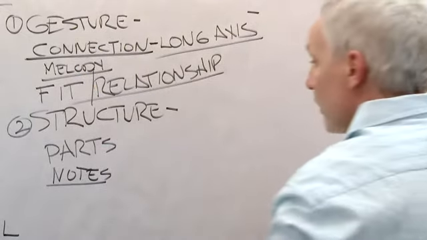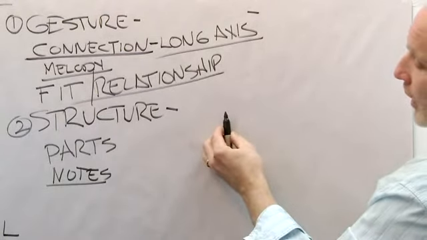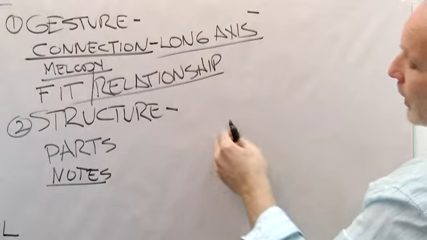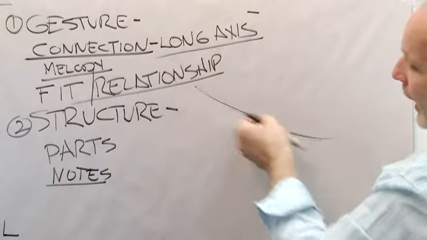So let me move over here a little bit more. You won't see much of me, but that's okay. You'll see more of the drawing pad. And let's look at this. If I draw the forearm as a long axis,